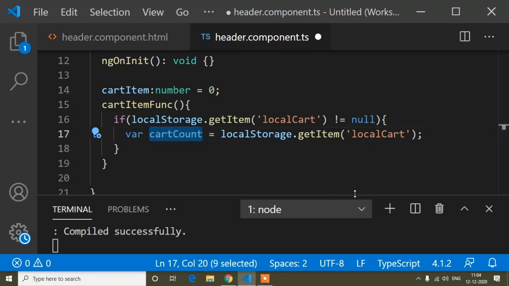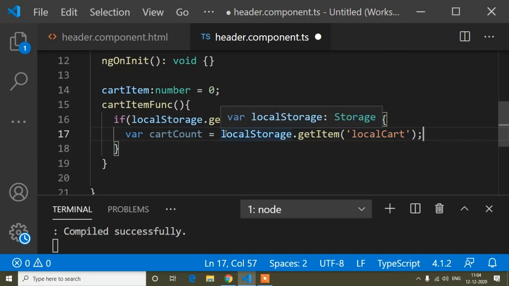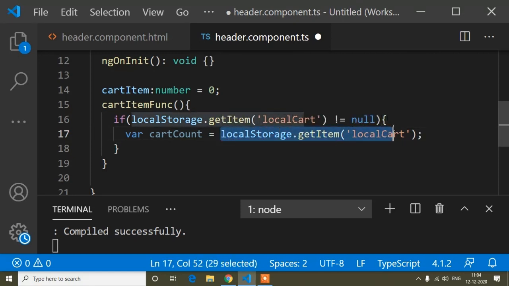Okay, so now here I have to do one thing, that is when we store value into the local storage, we convert it into JSON, that I already told you in the previous tutorial. So now when I am getting the value of local storage, again we have to convert it to its own format.